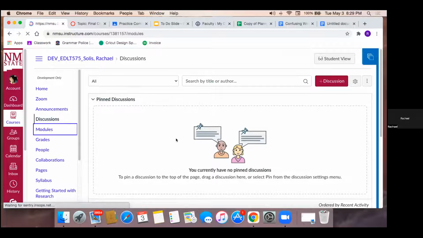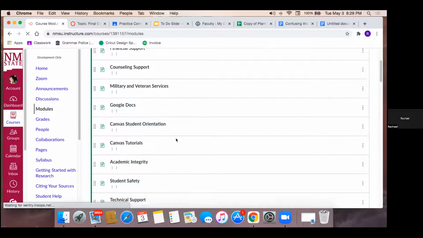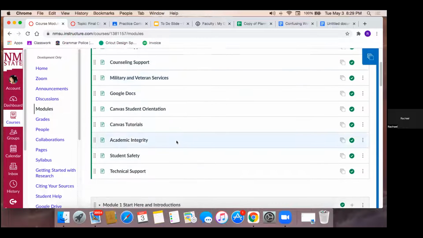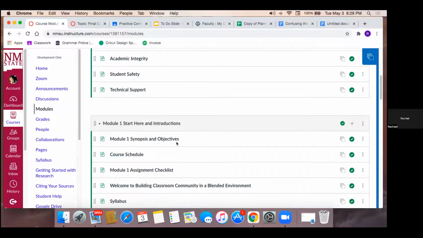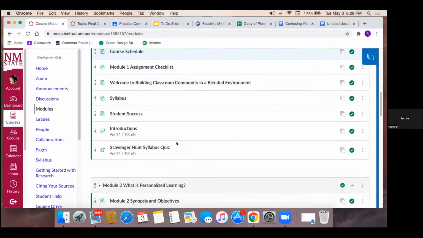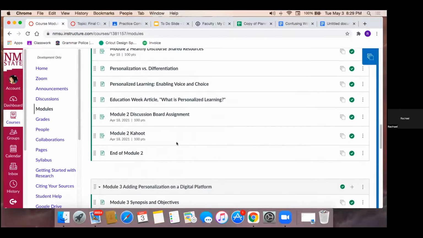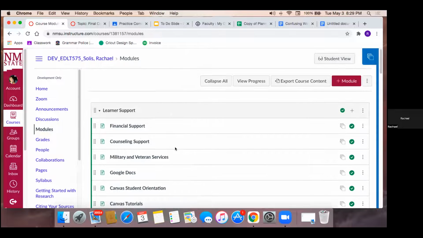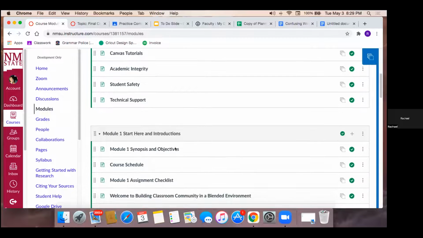And my modules, just like everyone else's, are organized very similarly. I've got all of my learner information and learner support information up at the top, and then modules 1, 2, 3, and 4. This is a mini-mester course, and they're all organized in a similar fashion.